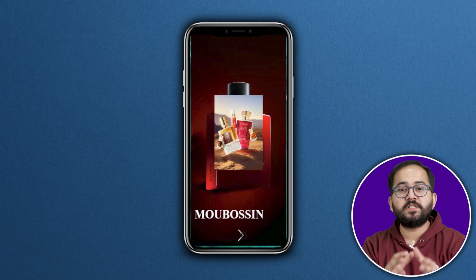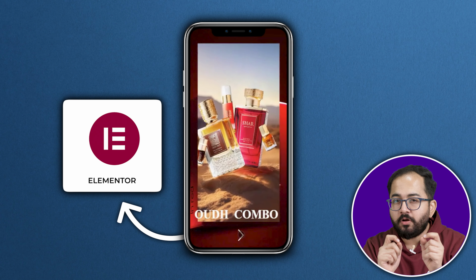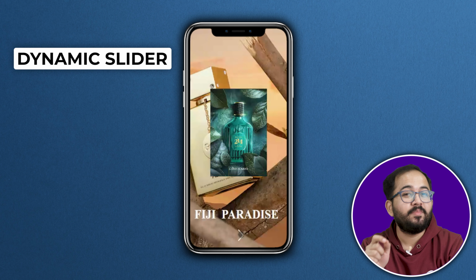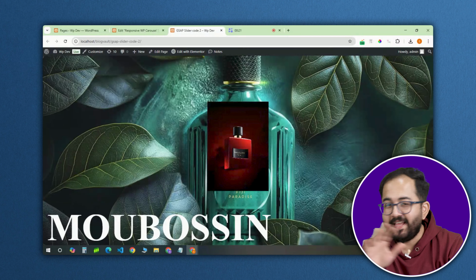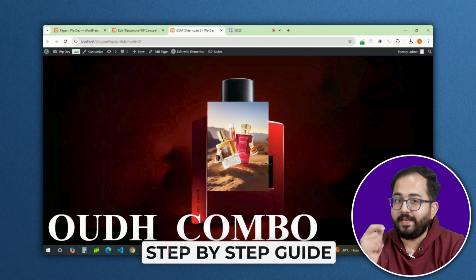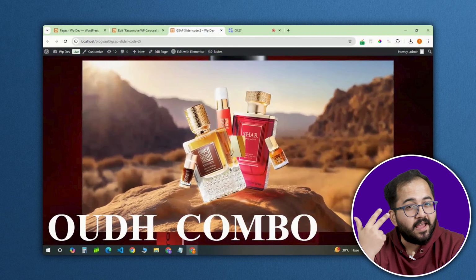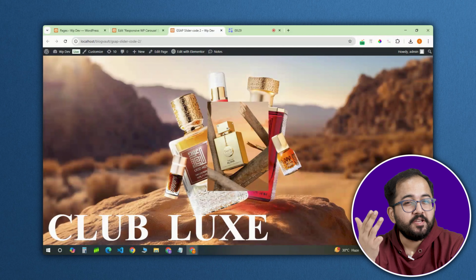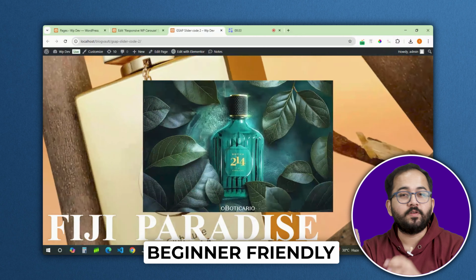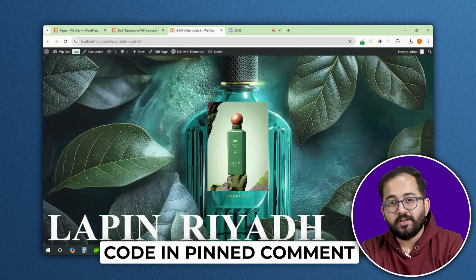Creating a fully responsive WordPress carousel using Elementor might sound tricky, but by the end of this, you'll have a smooth dynamic slider that looks great on any screen size. We are going to set everything up from scratch, structuring the layout, adding images, styling it for responsiveness, and making sure it functions perfectly. No plugins needed, just Elementor's built-in widgets and a bit of custom code to make everything